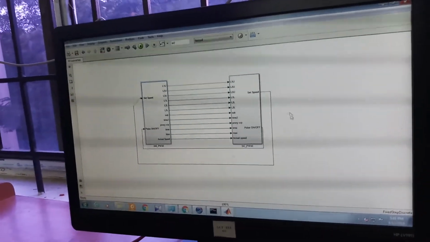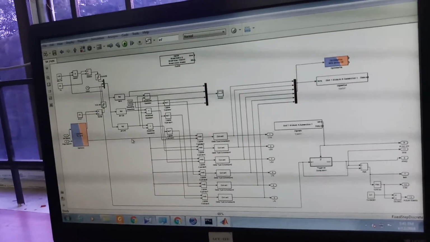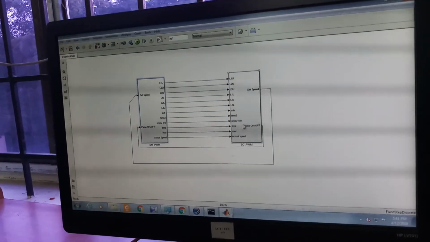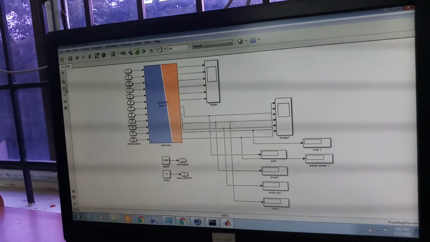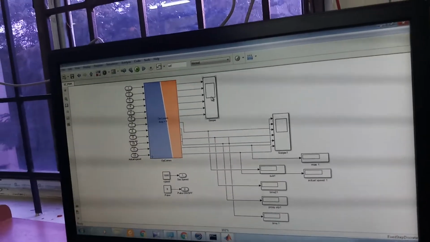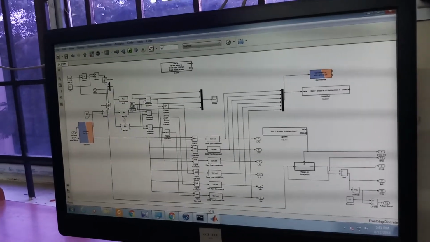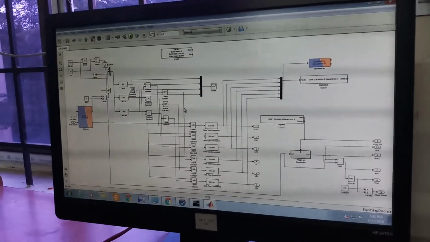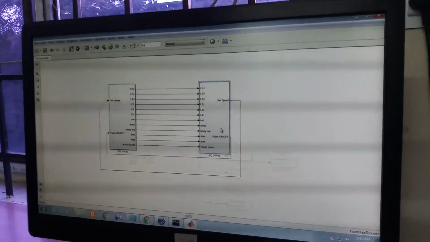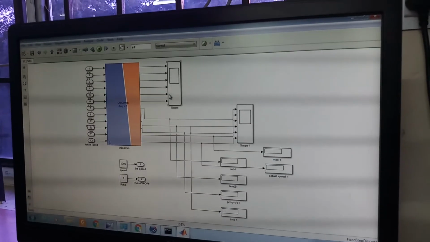We first have to create two subsystems, master and console. All our computation and control algorithm will be inside the master, and the console is like a dashboard. We can adjust the input and visualize our output through this. We have implemented sine triangle PWM for controlling an induction motor. Here in the console we can set the speed, switch off the pulses, and visualize the output waveform of the pulses.